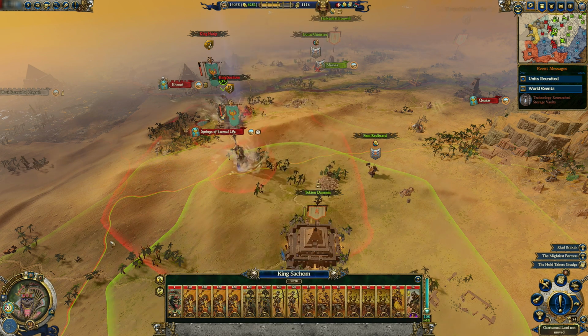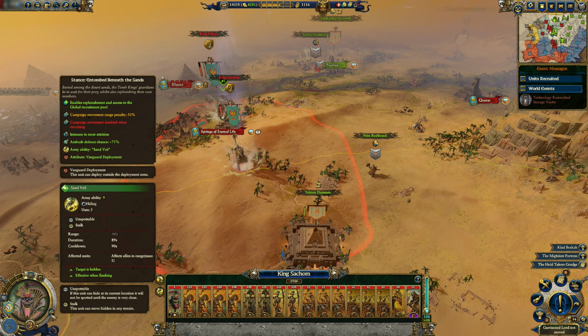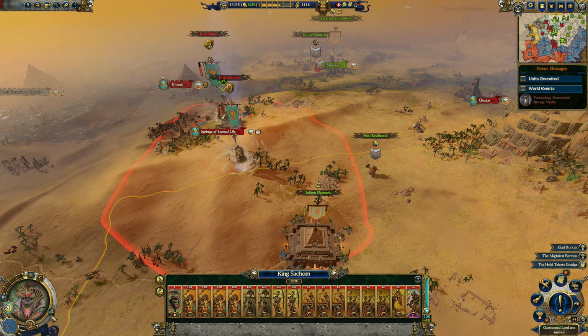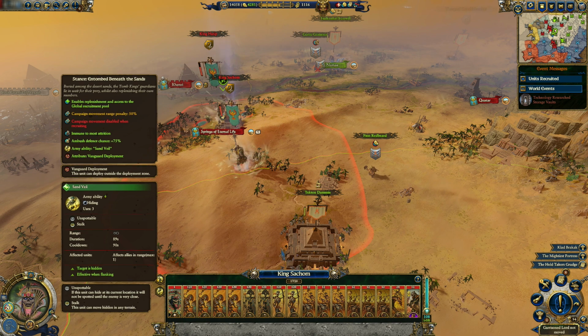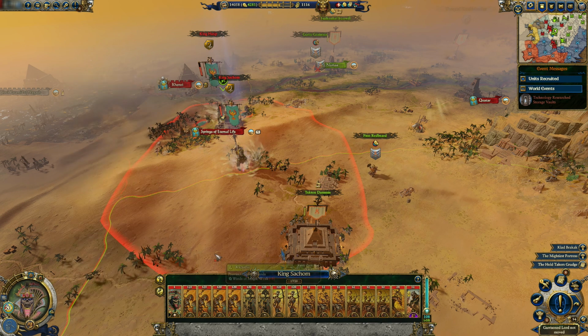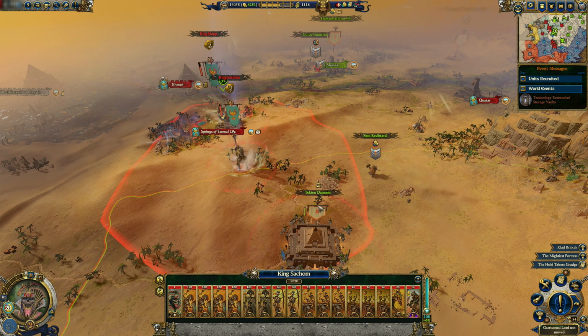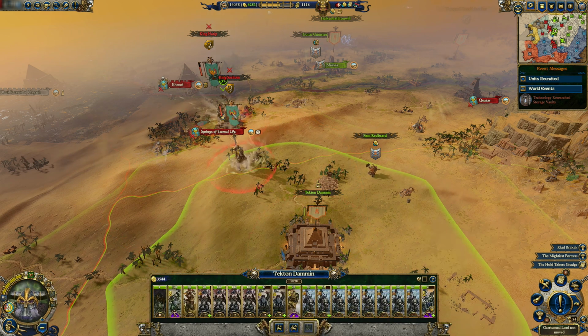What does that stance do for him? Entombed beneath the sands. Army ability Sand Veil. Okay. It's effective when flanking. That's interesting. Yeah. We would have to use defensive tactics, and keep in mind that he would be able to flank. He would try to flank, but even so,